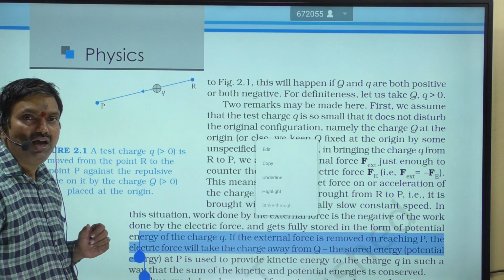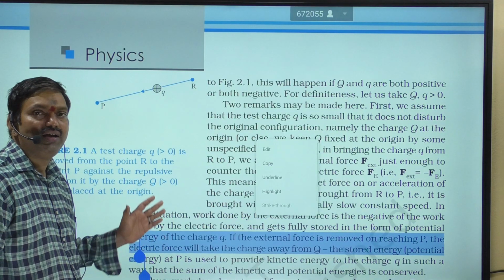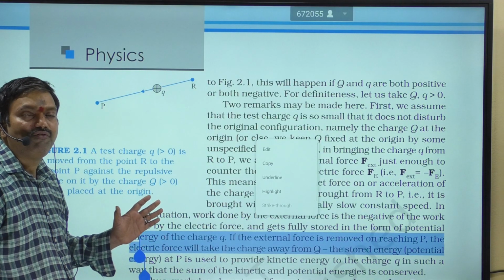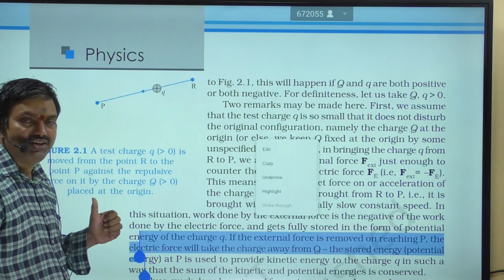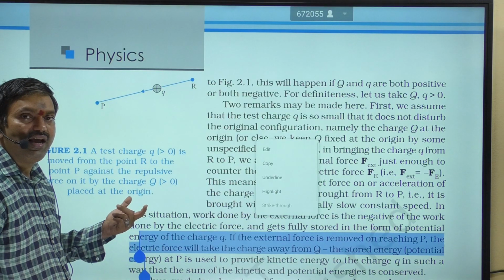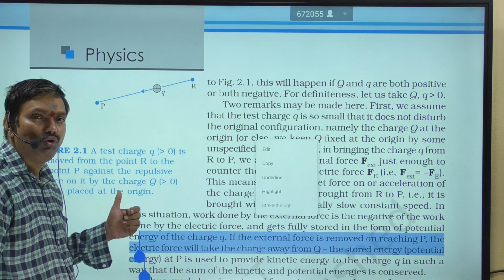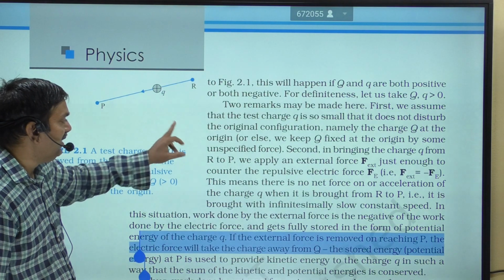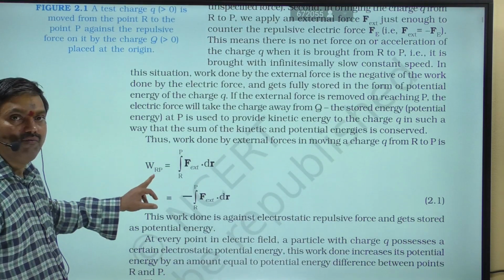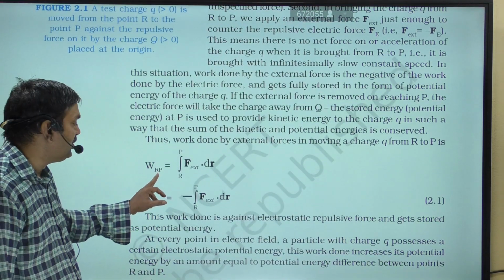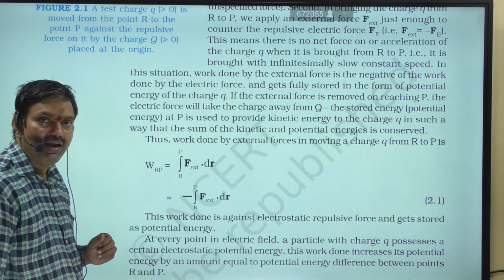Last video we understood that from Coulomb's law there exists an electrostatic force of attraction or repulsion between two charges, which is taken mathematically as 1 by 4 pi epsilon naught into q1 q2 by r square. Now here, what is the work done? Obviously, the work done in bringing a test charge from a point R to a point P is nothing but, as you see here,